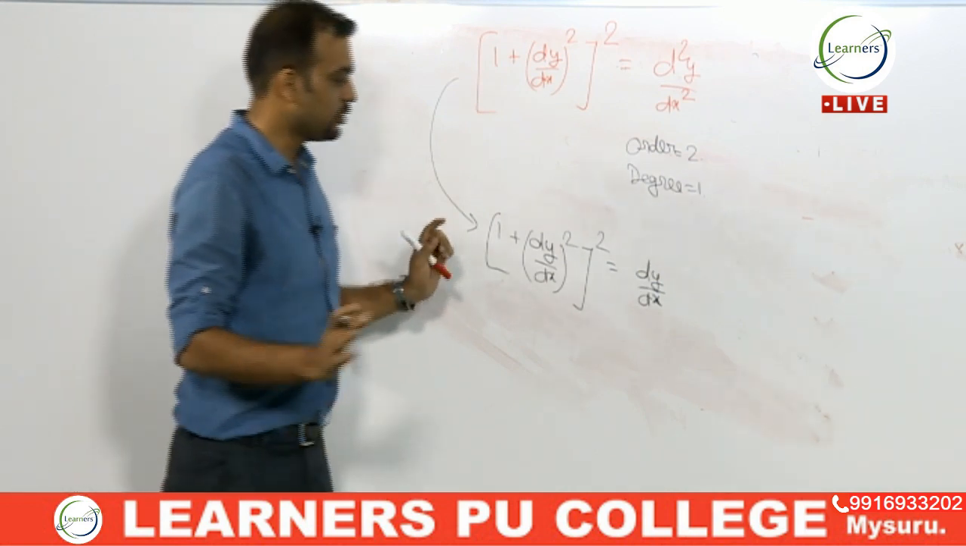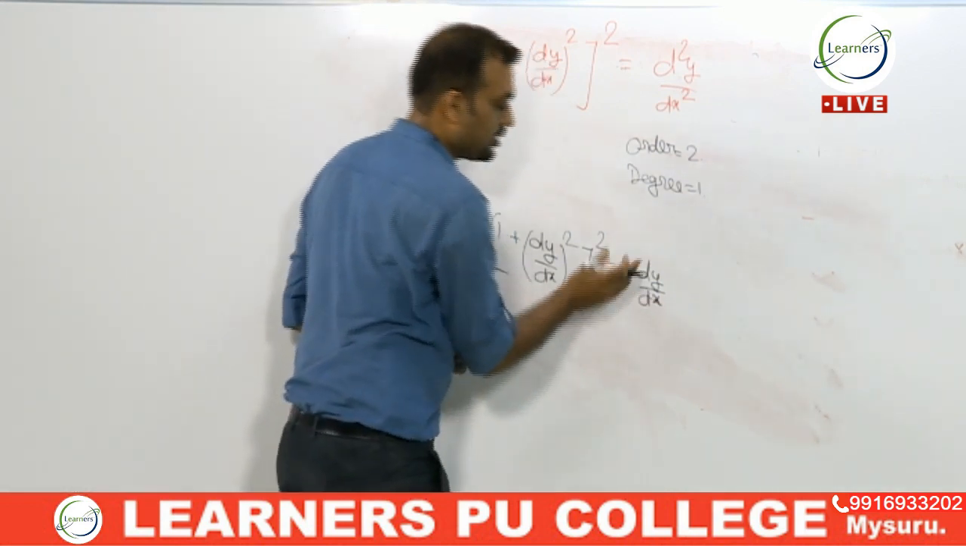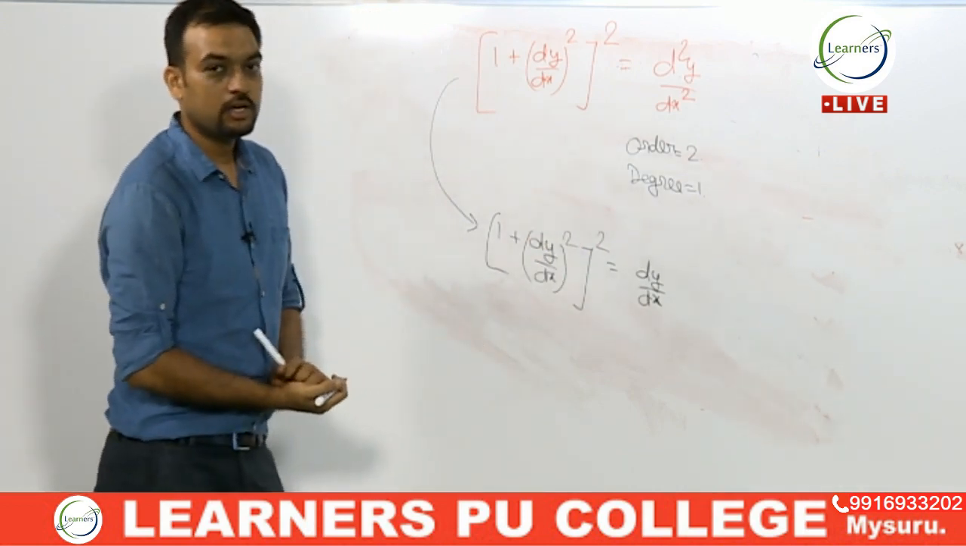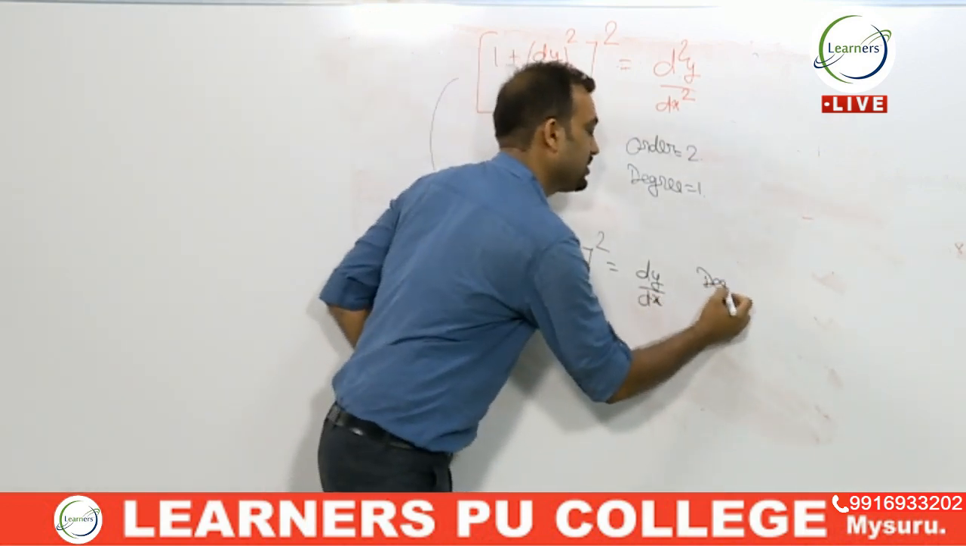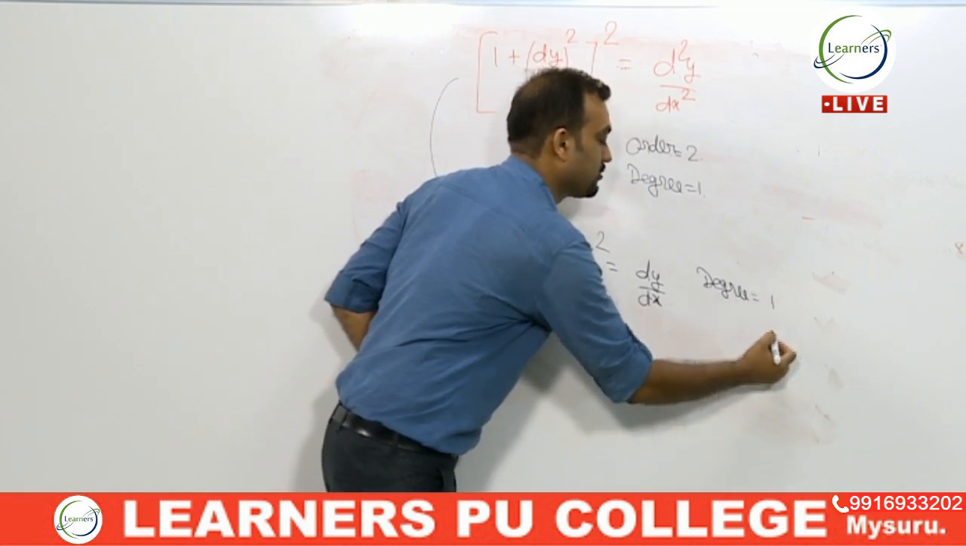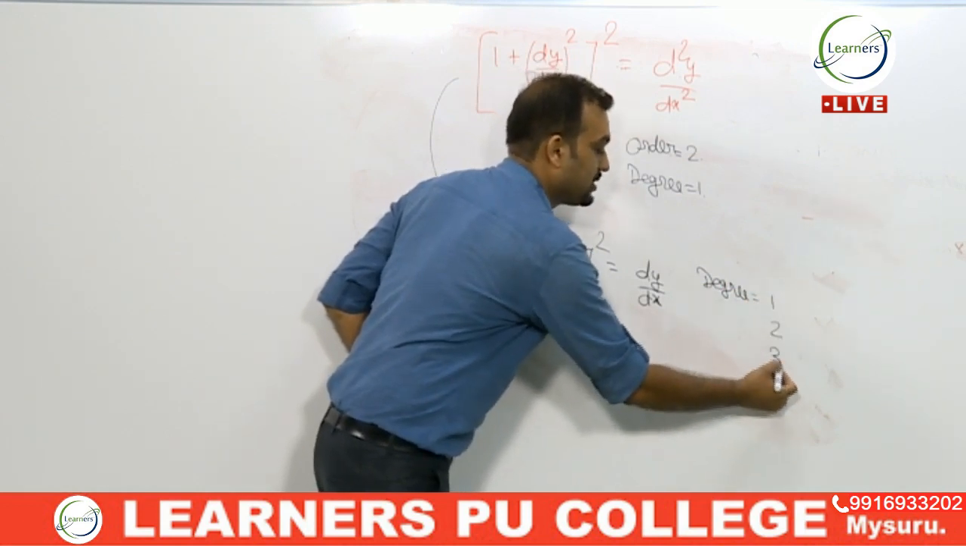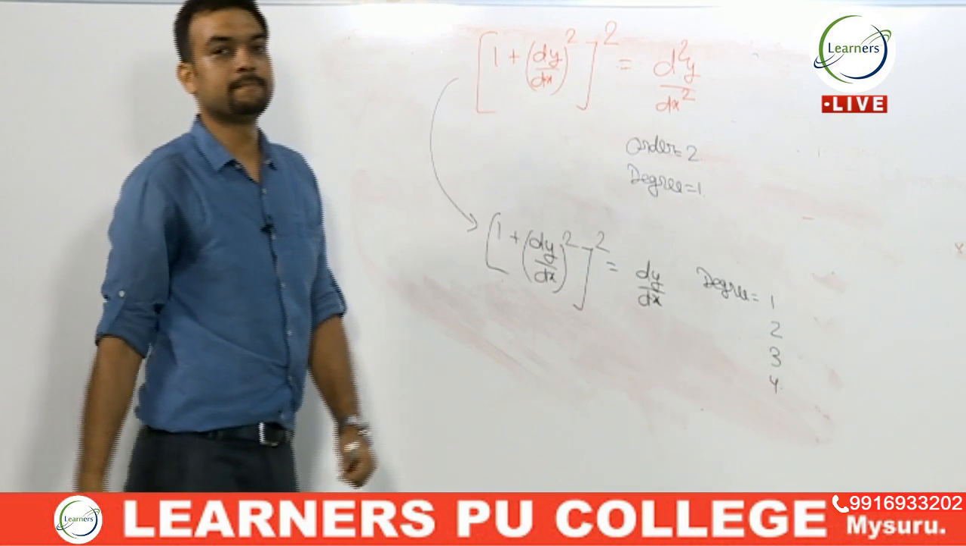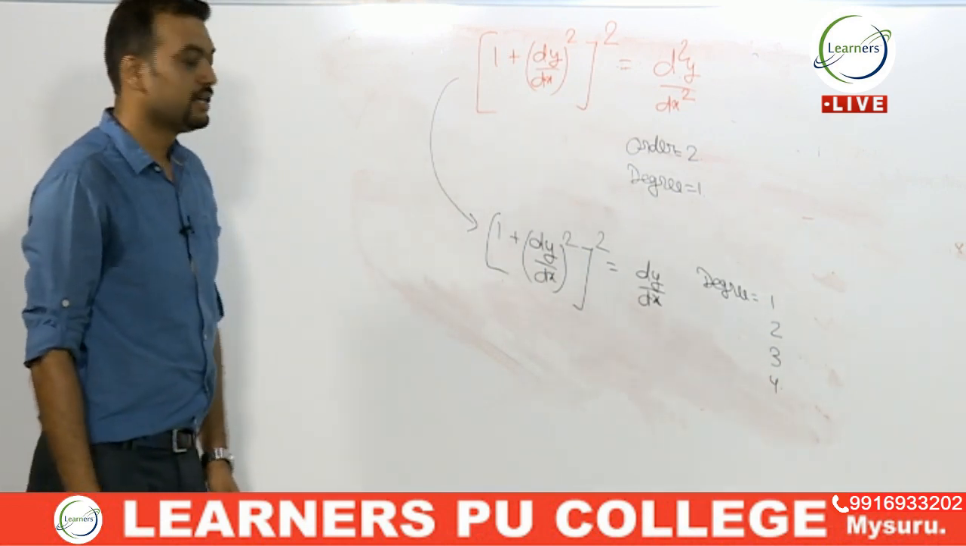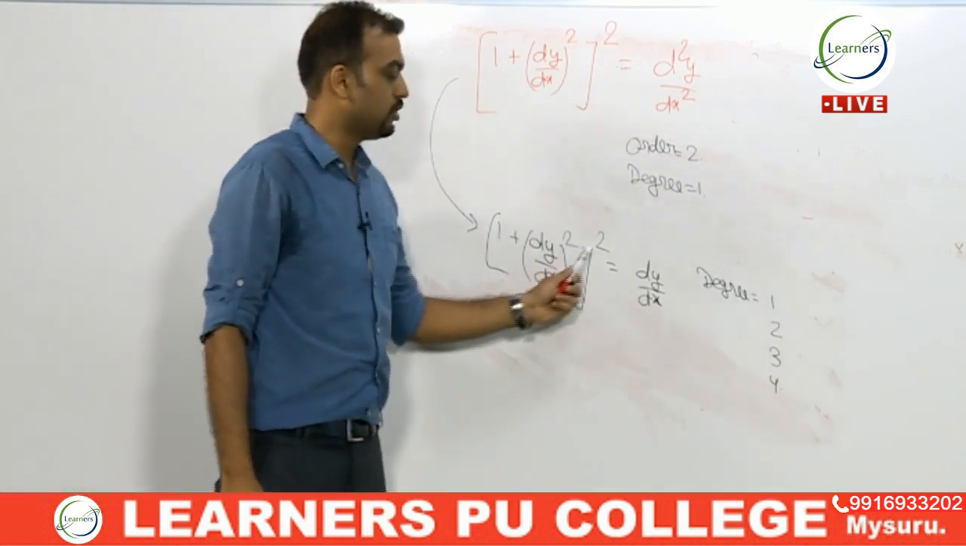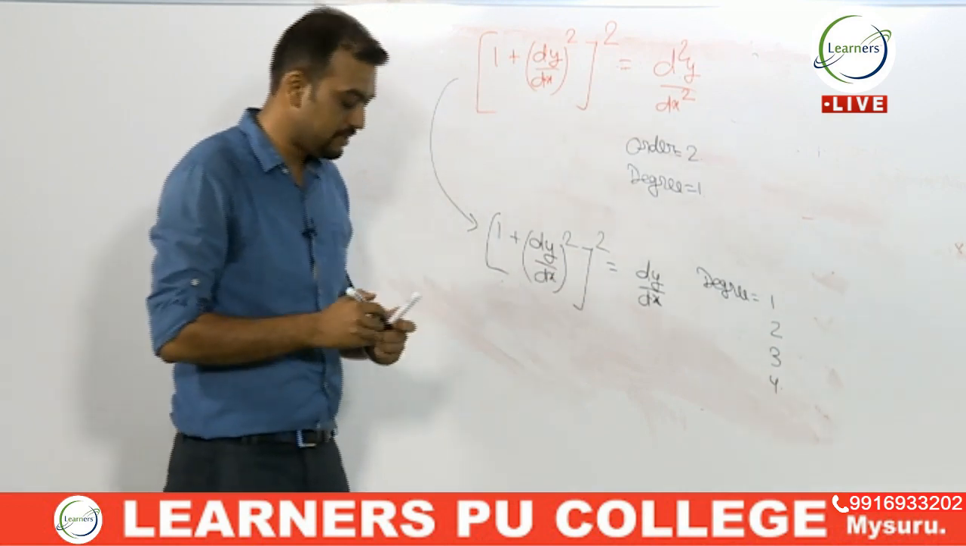Just tell me, I hope you should be able to get. Now the degree is 1, or you have to see what the degree is. I'm giving you options: degree is 1, or it is 2, or it is 3, or it is 4. Okay, so the degree of this differential equation would be 4, because first we will see what the